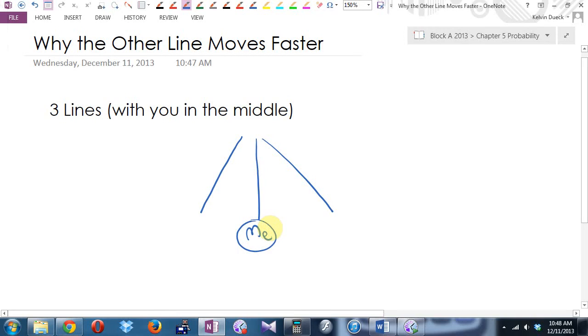Okay? Let's assume, just due to randomness over time, that the odds of one line being faster than another line are all the same. Each of these is equally likely to be the fastest line. Okay? How many outcomes are there? How many branches are there? 3. Probability that me is the fastest, it's going to be out of 3. How many lines are you in? The probability that you're in the fastest line, if you look at one line on either side, is just 1